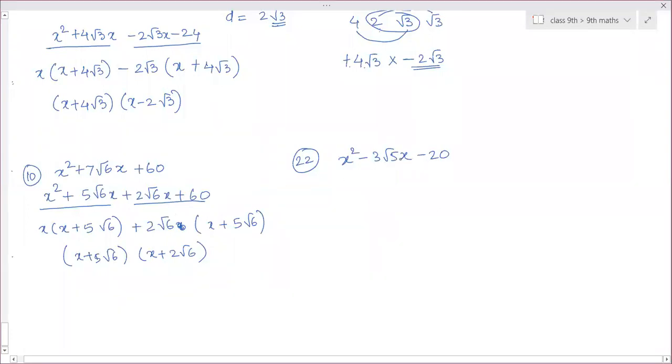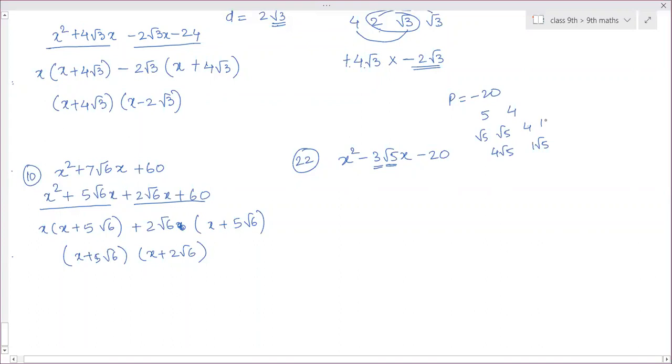You have to find out the factors. First, root 5 is needed, so that means the product is needed. The product needed is minus 20. So root 5 you need, which means 5 is one of the factors. What should be the second factor? 4. Now 5 can be written as root 5 into root 5, and 4 can be written as 4 only. So we can write this as 4 root 5 as one term and the second one as 1 root 5, because we need the difference as minus 3. So 4 minus 1 is minus 3.